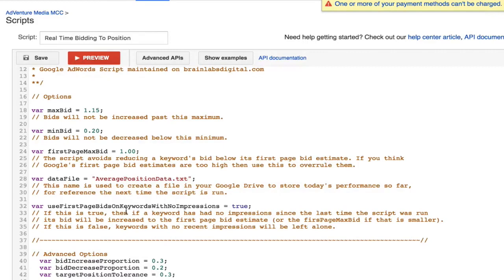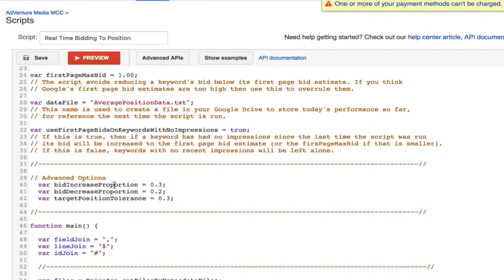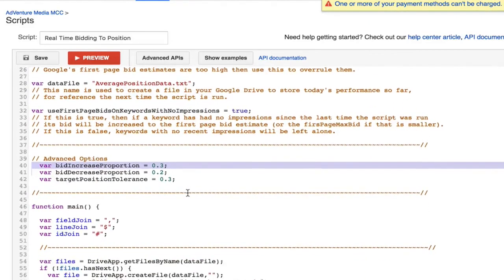But instead of having to manage all these keywords, thousands of keywords on an individual basis manually, this script allows you to change the actual max CPC bids, the max cost per click bids of all your keywords based on the historic data of individual keywords. So let's just take a look at a few different variables we have in the script. We have our max bid, I have it set to $1.15. I could change that. Our minimum bid, we have some advanced variables over here, bid increase proportion, meaning when this